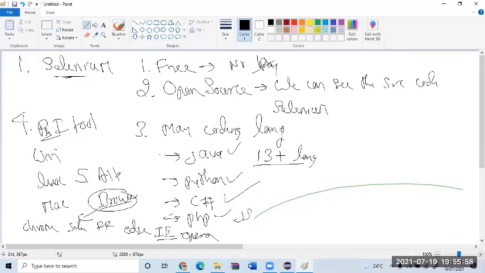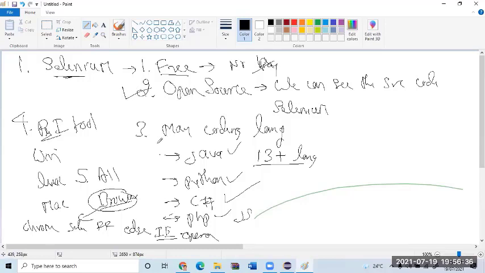Let me repeat it. In an interview, they might ask you, why are you choosing Selenium? Why is Selenium popular? So many points are there. One major important reason is Selenium is free. What is the meaning of free? Should I pay money and purchase a license, or can anybody use it without paying any money? Without paying any money. Can I see the source code of Selenium? Yes. Can I download it? Yes. Can I change the source code? Can I customize it according to my company project need? Yes. That is a major advantage of open source.